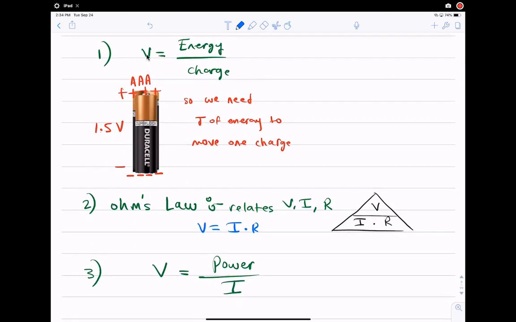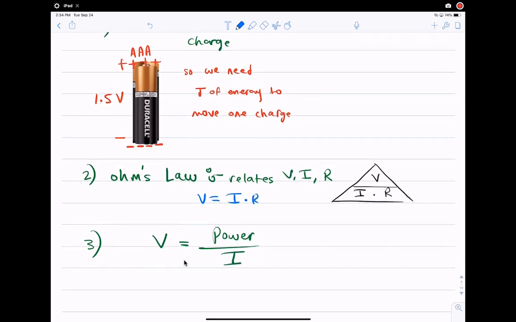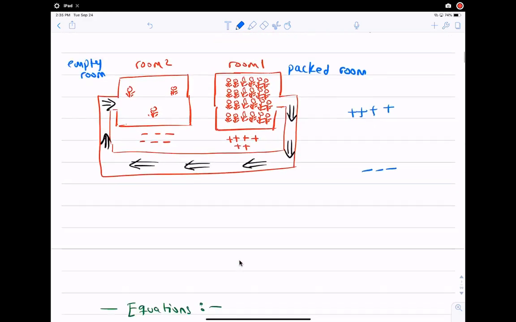If we want to relate the voltage through Ohm's law, we can use V equals I times R, or this triangle. Whenever you want to find V, hide it, and then it's I times R. If you want to find R, then it's V over I. The third equation is the power equation. We will talk about power in the next video, but if we want to relate voltage, V equals power over the current I. Now the unit of voltage is V,